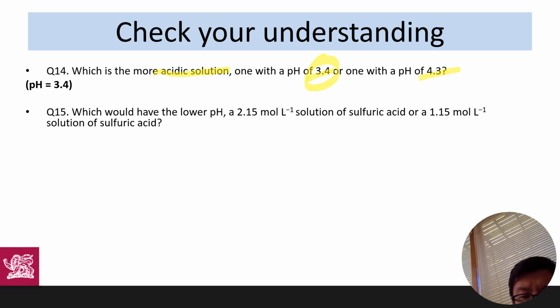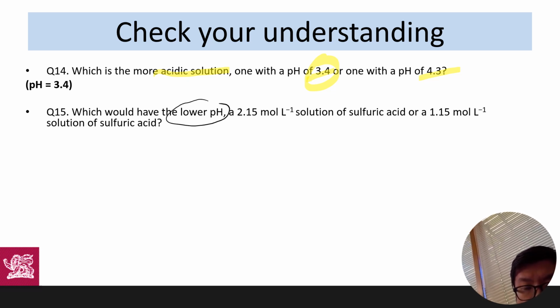Here we have a question that is more challenging. We're asking which one would have the lower pH. We have a 2.15 moles per liter solution of sulfuric acid versus a 1.5 moles per liter solution of sulfuric acid. So quickly, you can determine that the higher concentration of sulfuric acid will be the one with a lower pH